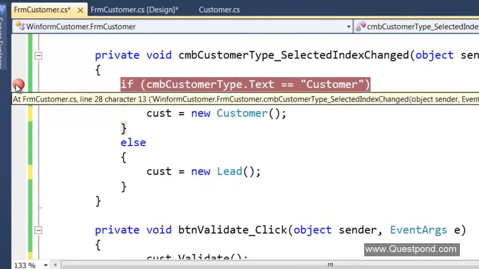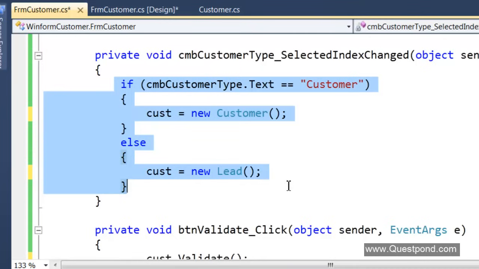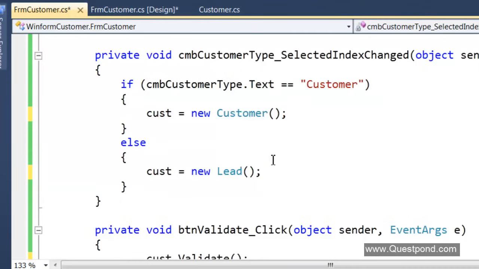Now, in order to remove this if condition from here, what we really need to do is get rid of this new keyword. Remember, what is the whole goal of this exercise we are trying to do? Removing if conditions, or removing the strongly typed classes, or concrete classes. The goal is that when I go and add a new customer type, I shouldn't be making changes here. So if I don't want to make changes in my UI, then I need to get rid of these final classes or concrete classes, right?